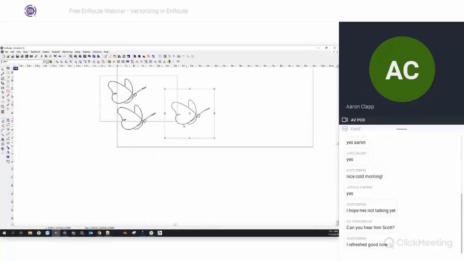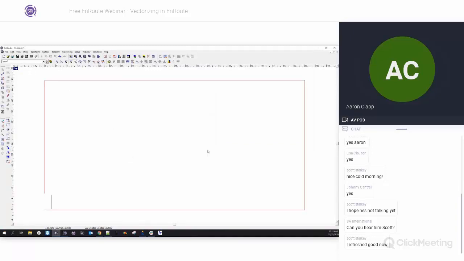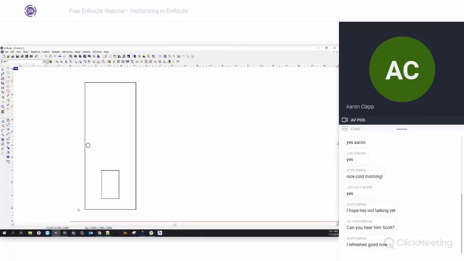Let's import another file and just take a look at what other kind of results we can get from some other stuff. So here's an interesting file, and this is going to be hard to see, but if I zoom in here, eventually, this is just something I drew. It's basically just a drawing that I drew up, and it's just a doggy door and